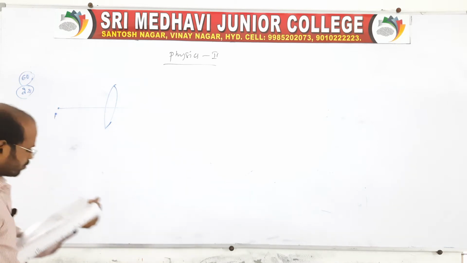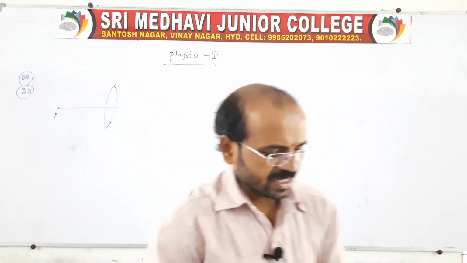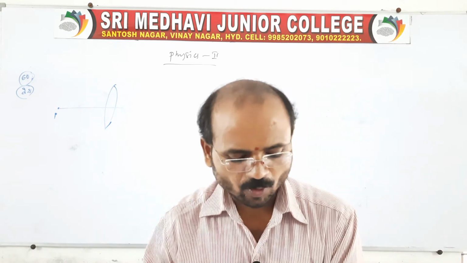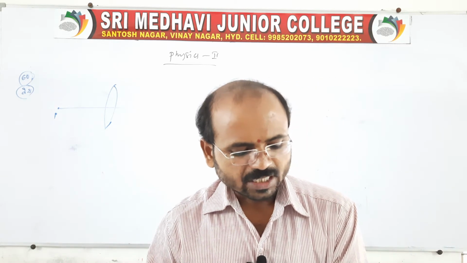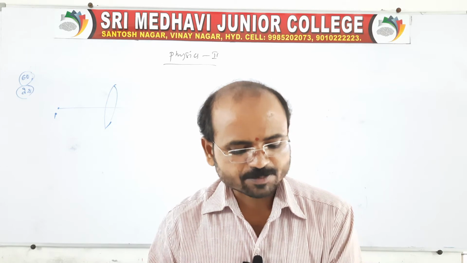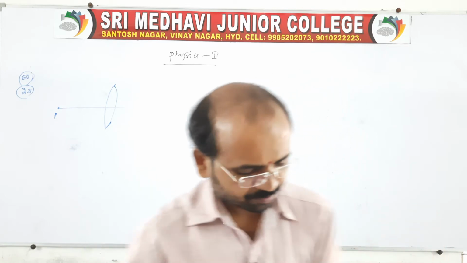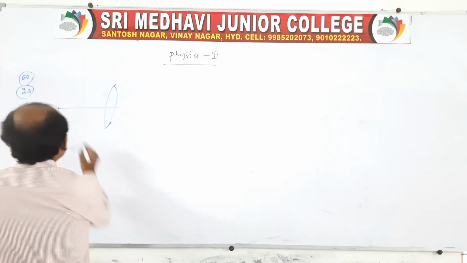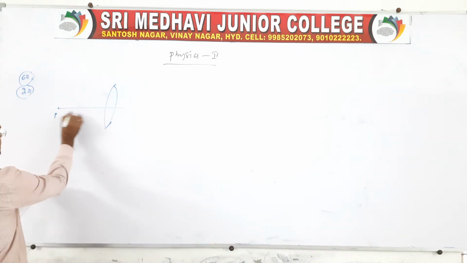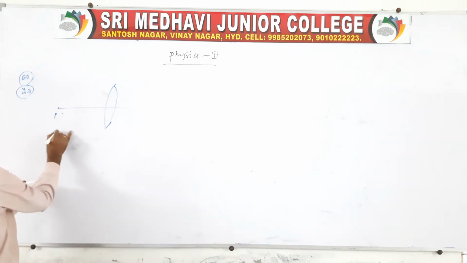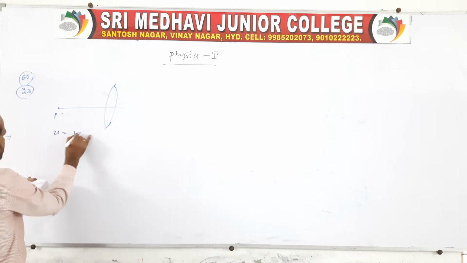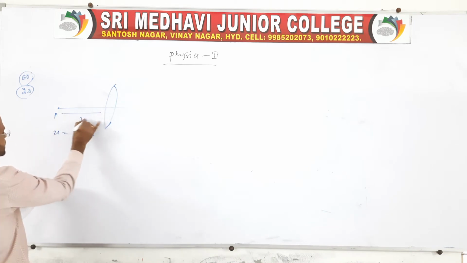The question, read properly: a beam of light converges at a point P. See, it converges at a point P. Now the lens is placed in the path of the convergent beam 12 centimeter from P. So for the object distance, point P in the sense that the light is converging, no? So u is given as 12 centimeter from the lens, that is the point P.